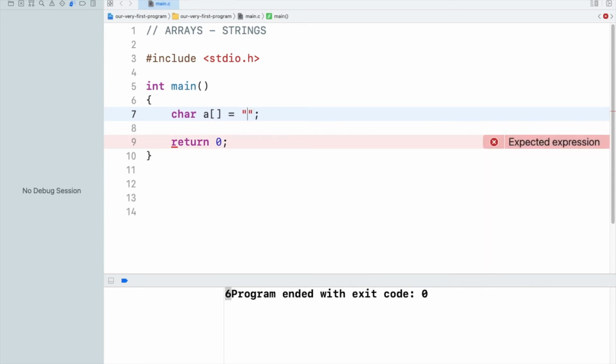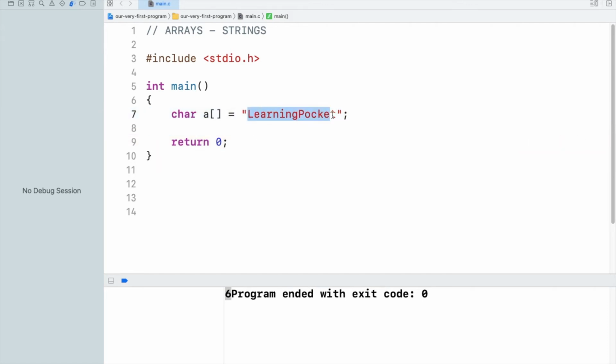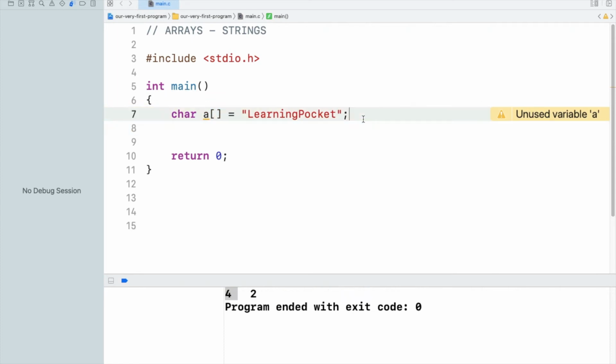Whatever you write in the double quotes, maybe "learning pocket", is a string, and this string is going to get stored in this array.